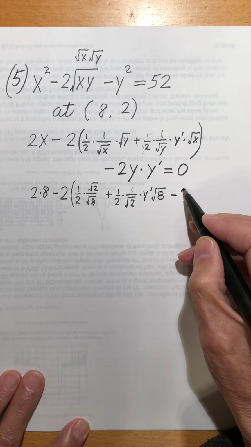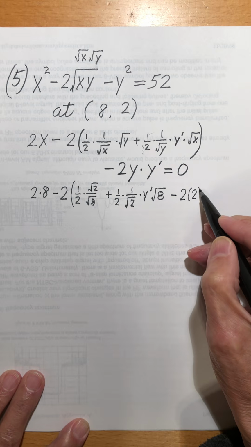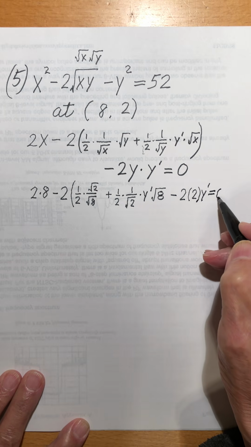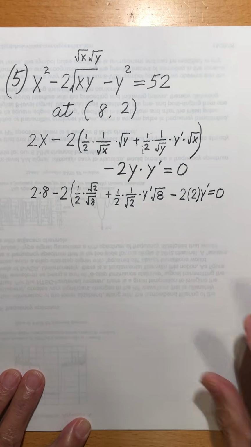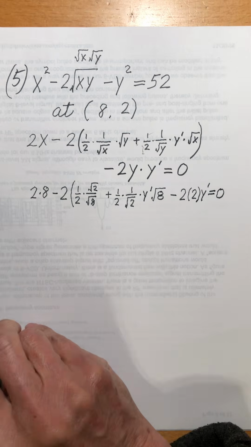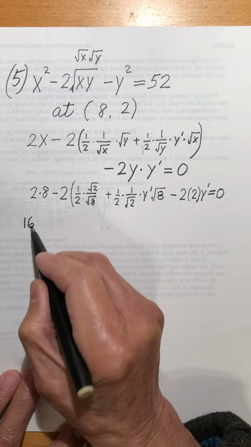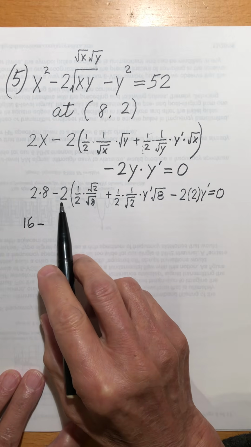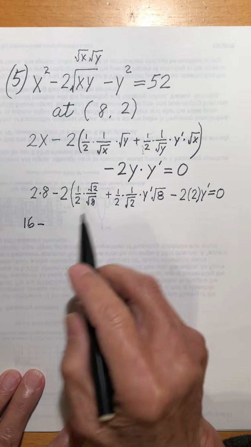Minus 2 times y, y is 2, y prime. Okay. So 16, multiply the 2 into it. 2 and this 2 cancel. 2 and this 2 cancel. So I have